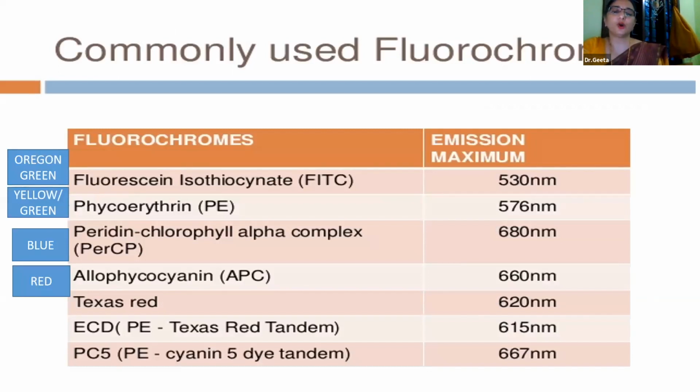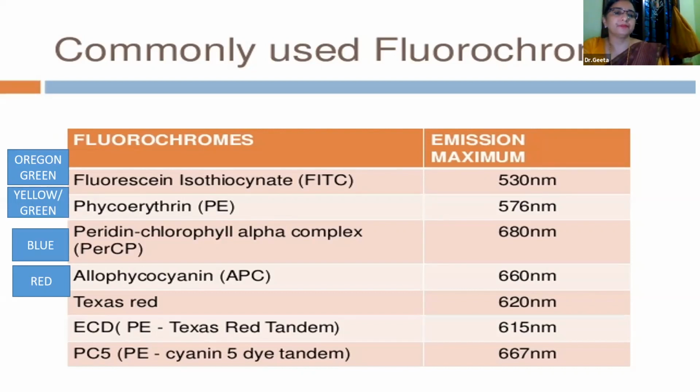This is a list of the commonly used fluorochromes. And on the side I've mentioned the lasers which activate these fluorochromes. Of these, the APC and the FITC are the dimmer ones. PE, PerCP are the brighter ones. So when we want to analyze the antigens, we would prefer using a brighter fluorochrome for those antigens which are sparsely distributed on a cell. Example, CD34 in an acute leukemia experiment.